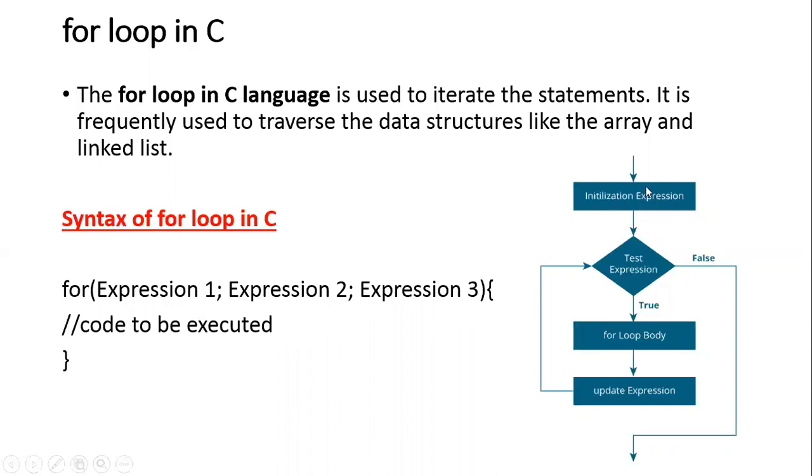So this is the flow chart. You can see that initialize expression is nothing but expression one. Then test the expression, that means expression two. Execute the body if expression two is true. If expression two is false, immediately it will come out of the program. Then if you want to modify, you can modify by increment or decrement. If you do the increment, again the loop continues. So as per your exact requirement, you can do it like this.